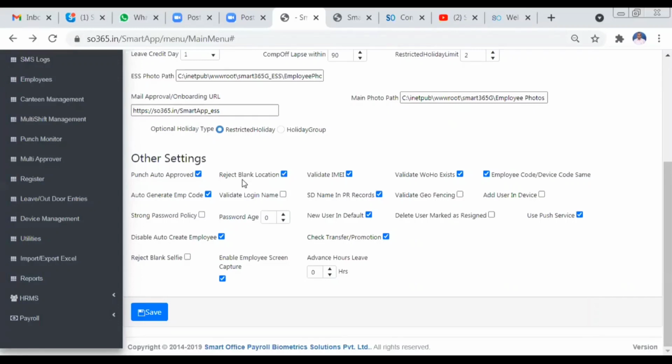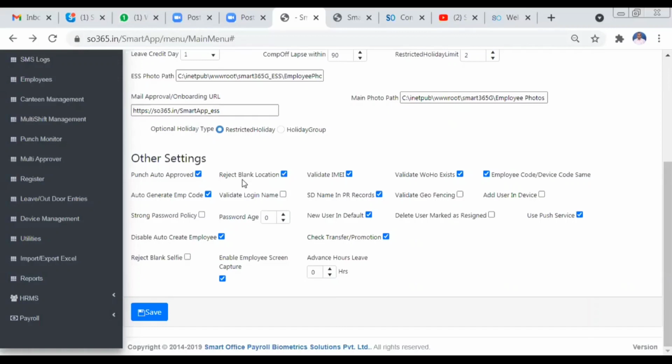It is a kind of authentication, I can call it. So if you want to avoid scenarios where you ask your employee to punch from my ID, from my credentials, if you want to restrict that kind of scenario, you can validate the IMEI number.